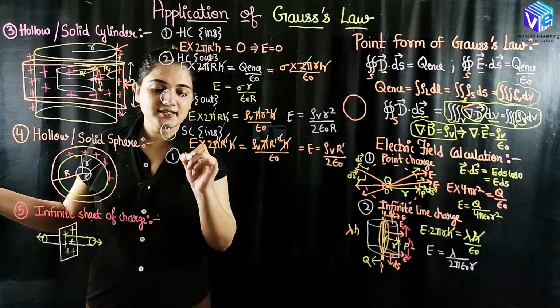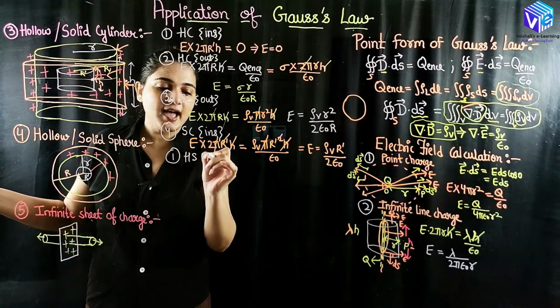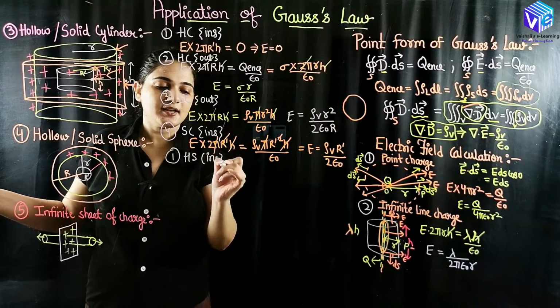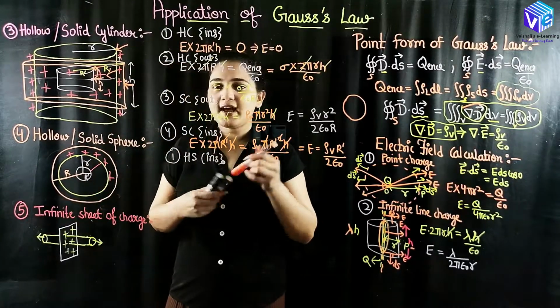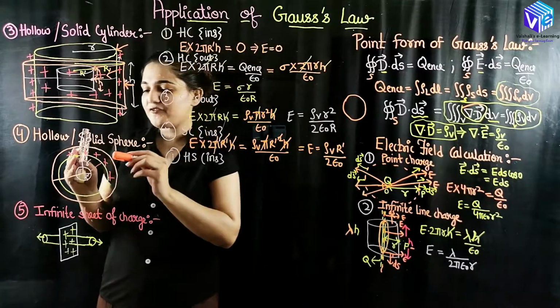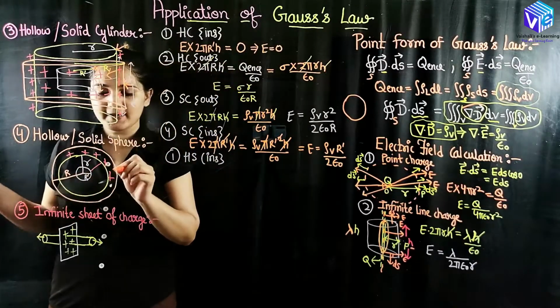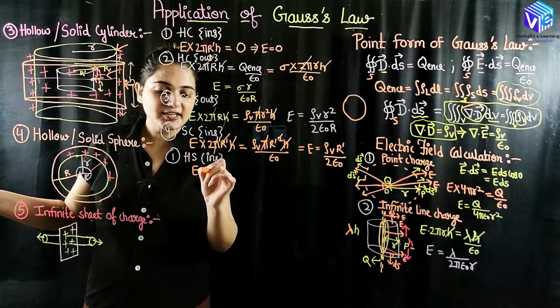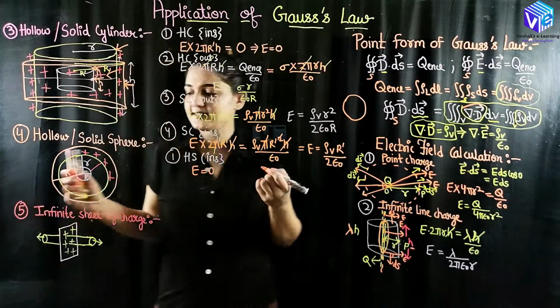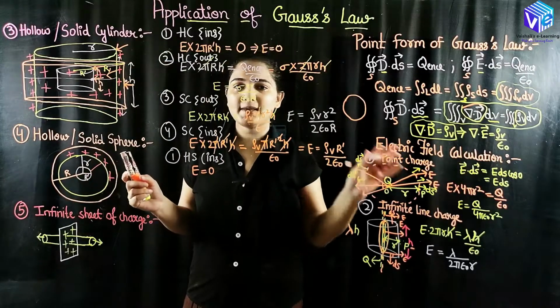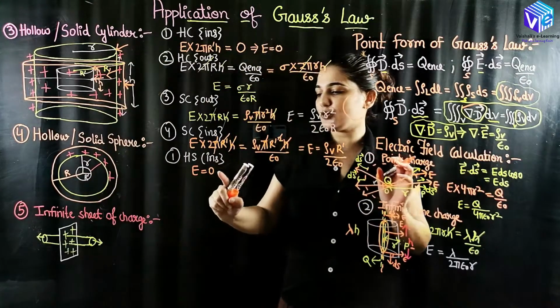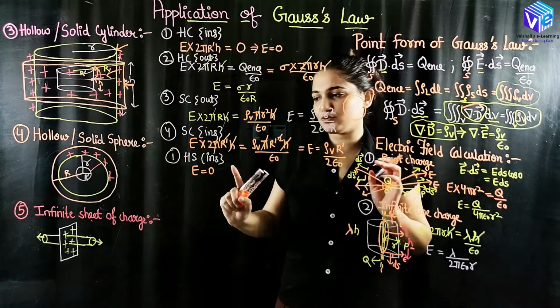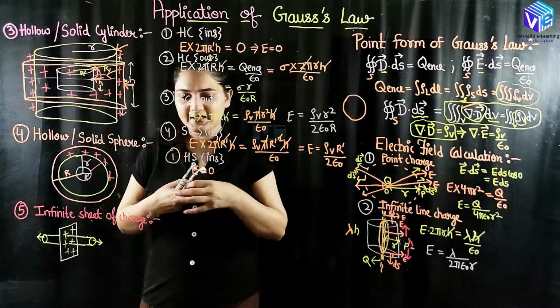So first case is hollow sphere and inside case. Okay, so hollow sphere, I hope you all have seen it. If I have the hollow sphere, the charge will be coming on the surface of the outside sphere. Inside this, the charge enclosed will be 0. So I can directly say that E dot ds will be equal to the charge enclosed. The charge enclosed will be 0. So E is equal to 0. Now coming to the second case,